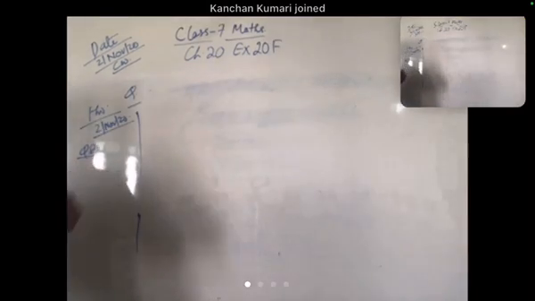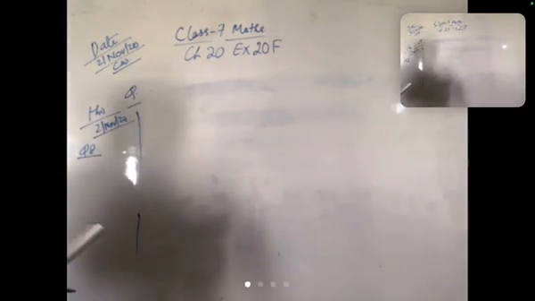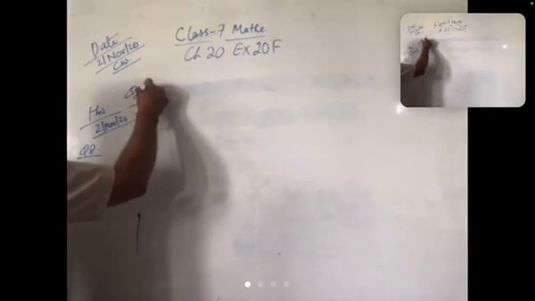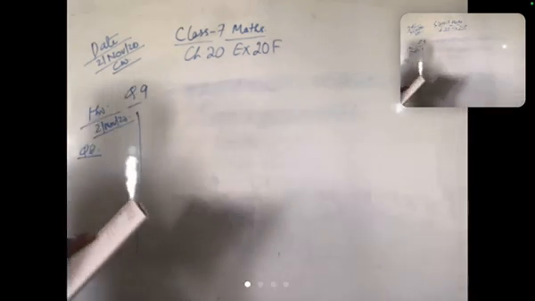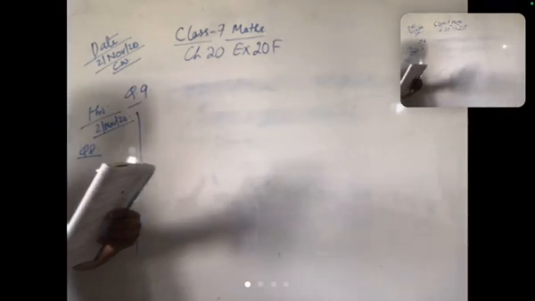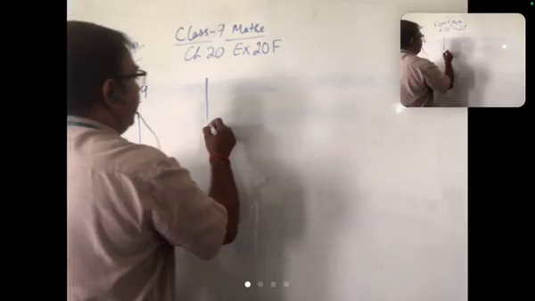Everyone must write the question number here. What is the homework? Everyone check here according to date. Now the question number 8, okay. Now the ninth question. You can see the ninth question. A steel wire when bent in a form of a square encloses an area of 121. Everyone make a figure.